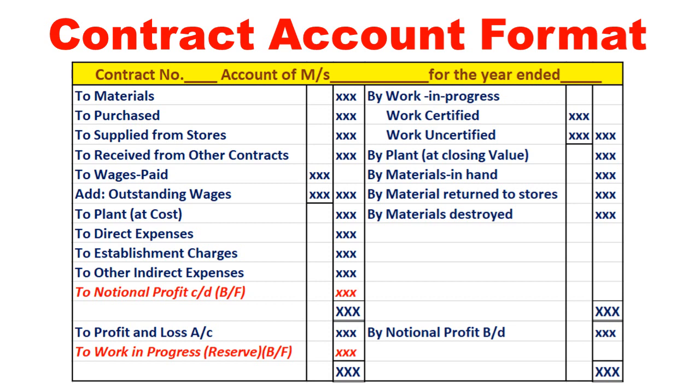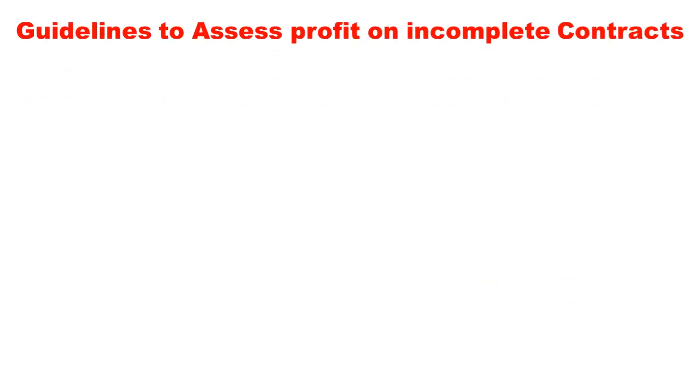From this notional profit, we will divide the profit into two parts. One amount will be transferred to profit and loss account, the other amount will be transferred to work in progress, that is reserve. So total notional profit will not be considered as profit. From this, a certain amount will be kept as a reserve or contingency, to be carried forward for the next accounting year even. Guidelines to assess the profit